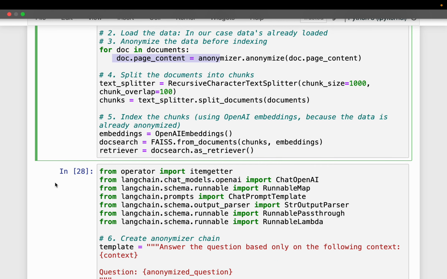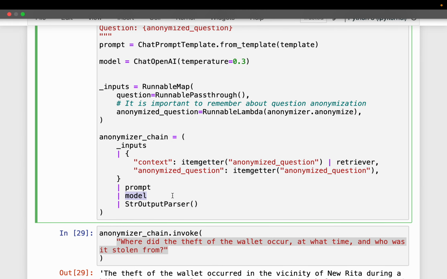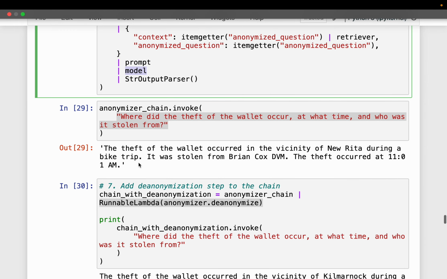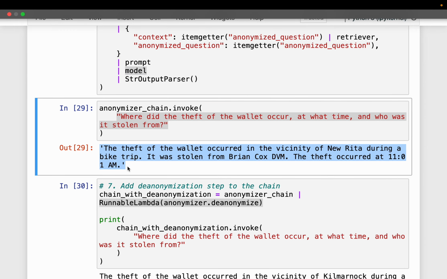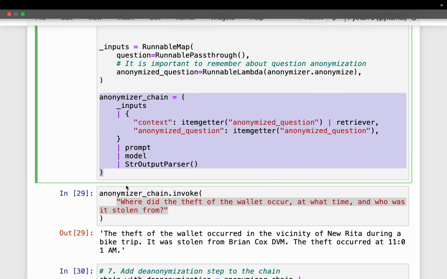So to the LLM, when we process the data or generate the output, it is purely based on the anonymized data, not the actual data. So that's why we got this answer with anonymized attributes, right? This is not our actual person name, and this is not the correct time, and this location is also not correct because we haven't de-anonymized the output.